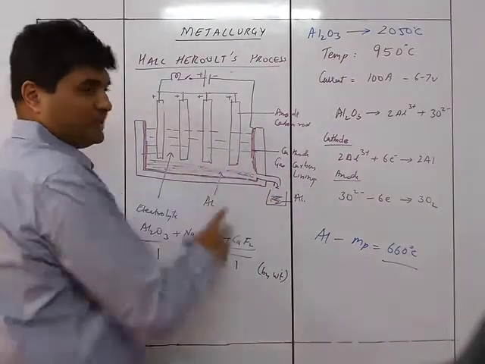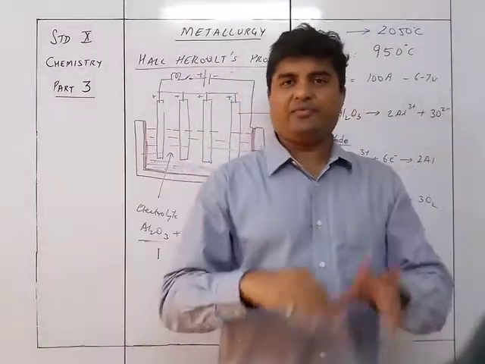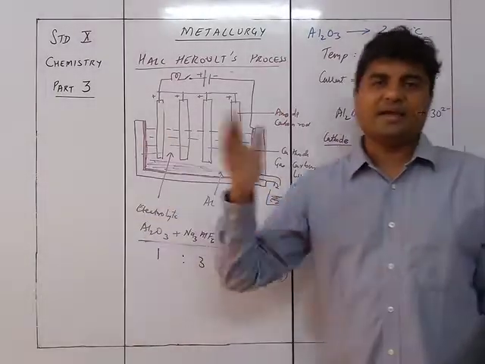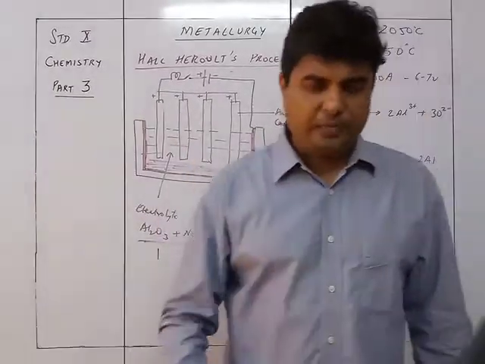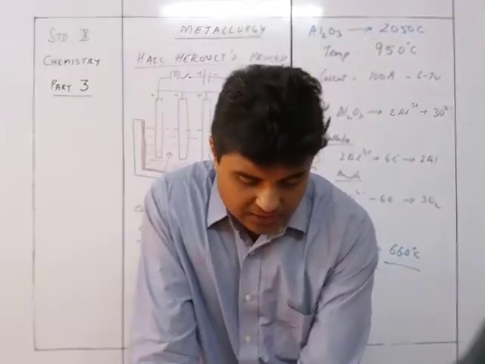So that's why this process, once started, is going to be a continuous process. It is not that ये खत्म हो गया फिर next time किया फिर next time किया, ऐसा नहीं. Continuous process रहता है जहाँ पे नीचे से aluminum हम लोग निकालते जाएंगे and then more alumina is being added to it. So that is about the Hall-Héroult process.